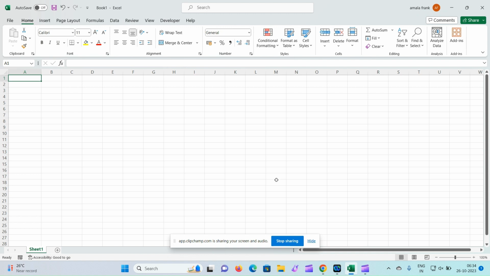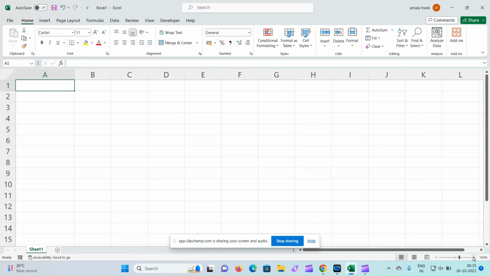Today I'm going to show the date functions in Excel. We have many functions available in date. One of them is the TODAY function. When you use it, you will get today's current date,